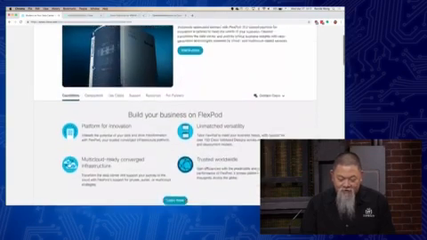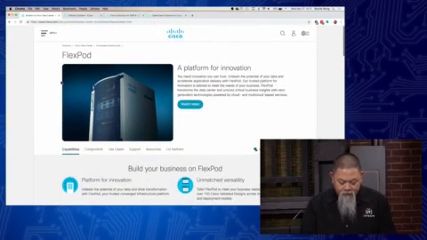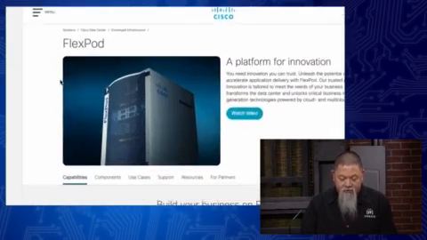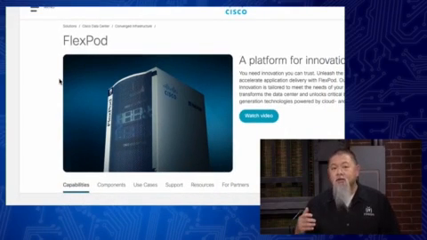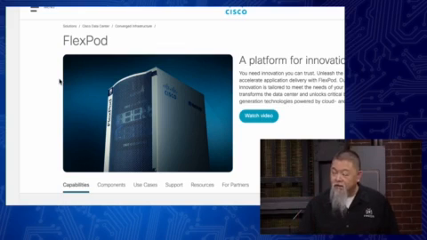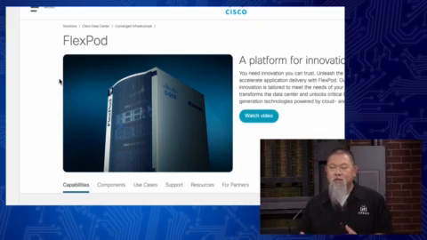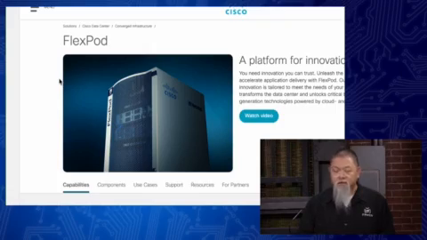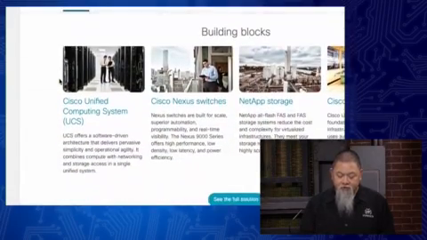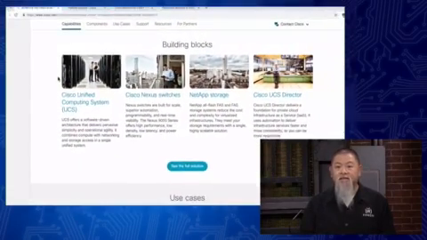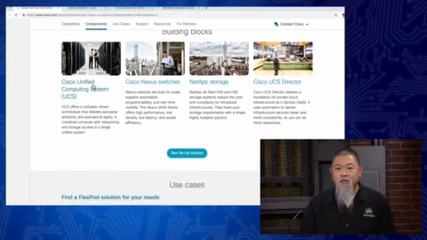Okay, so FlexPod is out there and available for us. But remember, here's the idea. I'll make sure I'm actually zooming in correctly here. Okay, Cisco provides what? Compute. Okay, it provides the networking, and NetApp provides the storage side of things to help build that data center solution, which eventually ends up becoming part of the cloud that we have. Okay. Now, the components themselves, right, when we scroll down here to the components, what they call the building blocks, you should pay attention to here too, okay?